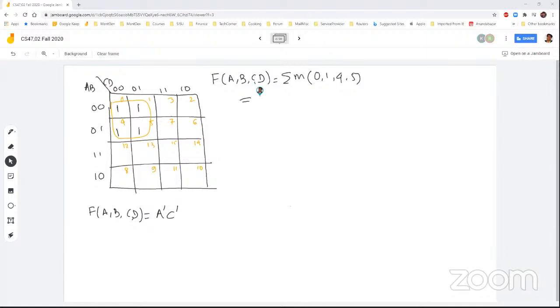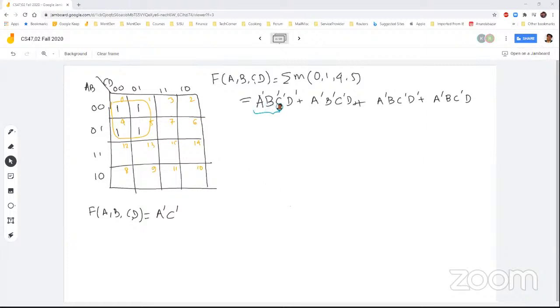We can expand that into terms like M0 is A bar, B bar, C bar, D bar. M1 is A bar, B bar, C bar, D. And M4 would be A bar, B, C bar, D bar. And M5 would be A bar, B, C bar, D. Right? And then what we can do, first of all, these parts,